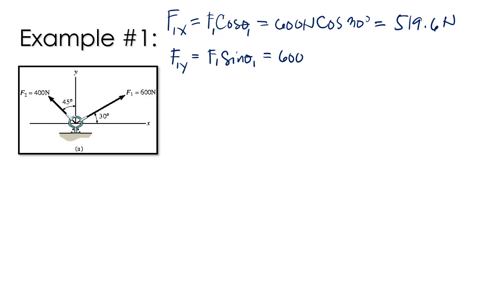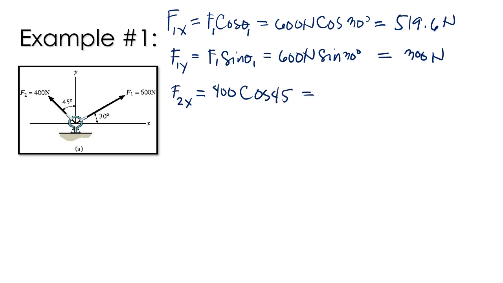600 Newton sine of 30 degrees, so equals 300 Newton. Then for force number 2, we have F2x is equal to 400 cosine of 45, which is equivalent to 282.8